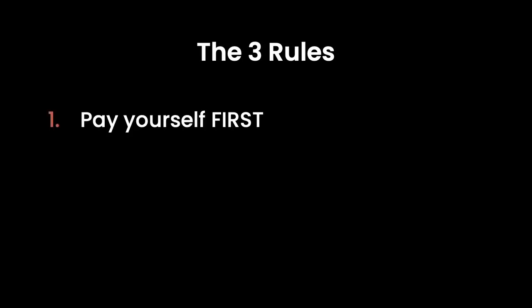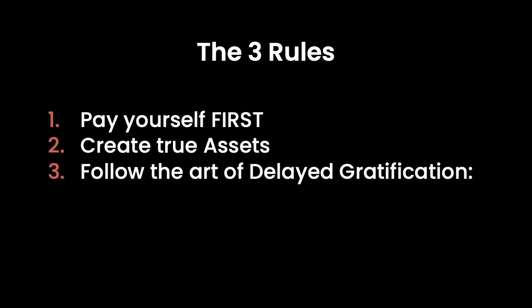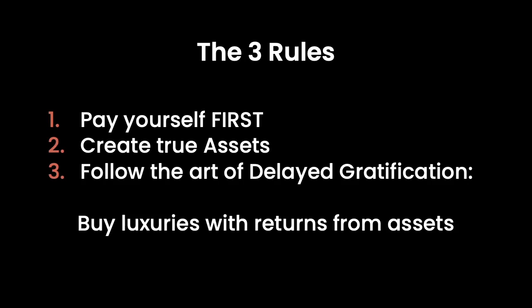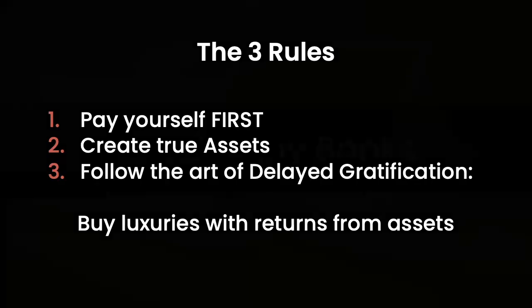Number 1, control your costs and make sure you save first and spend later. Number 2, constantly look for and acquire true assets. And finally, number 3, don't buy liabilities. Create assets that will then pay for any liabilities that you would like to acquire, and understand that liabilities are a self-indulgence. The 3 piggy banks.